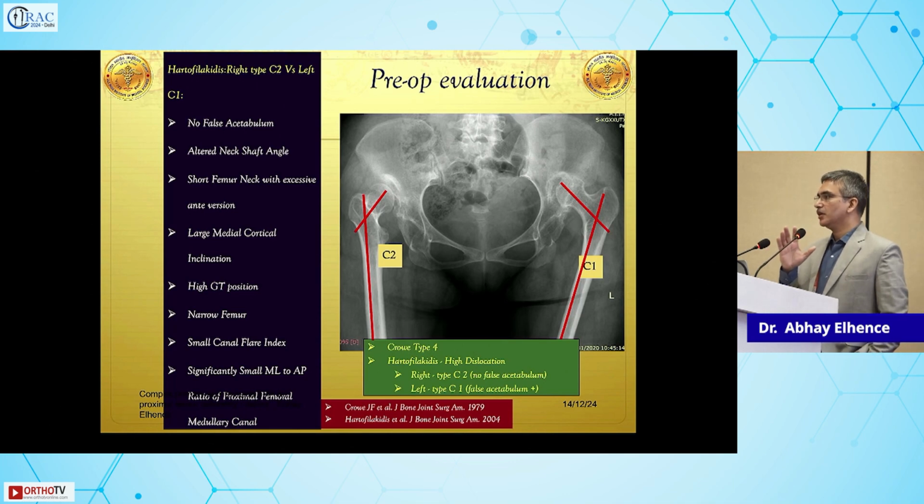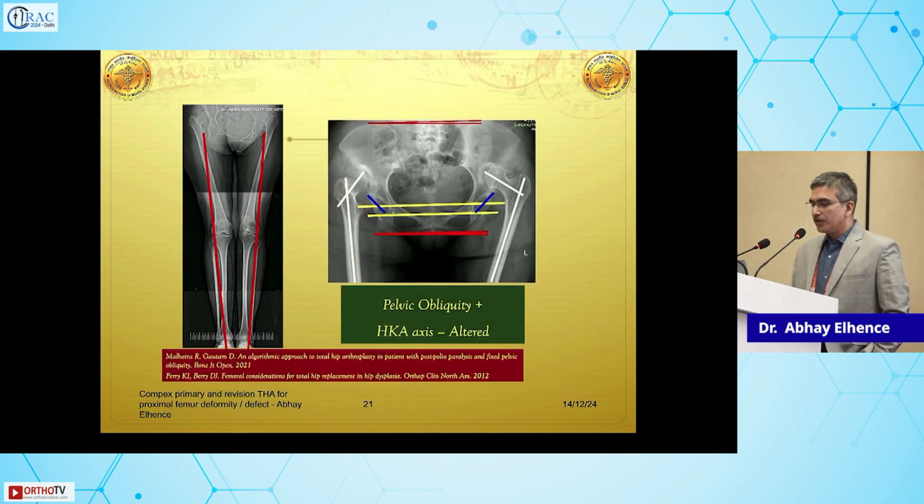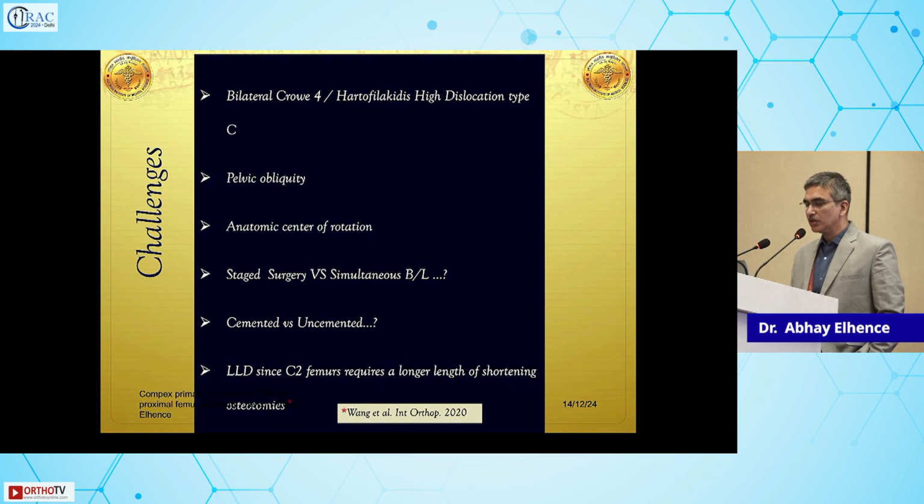So that is a case where you need an S-ROM stem, or a conic or a titanium cone tapered Wagner stem. So you need to factor in where your mechanical axis is. You need to factor in how you will reconstruct and put the hip back to where it belongs. So it is very, very important to identify the problems and then choose your plan A and also your plan B for